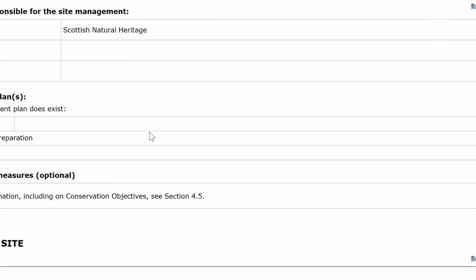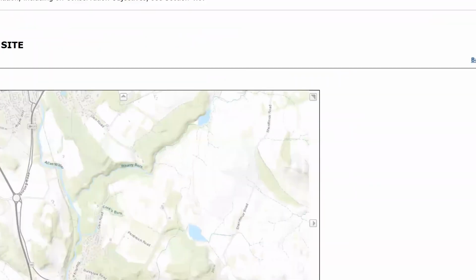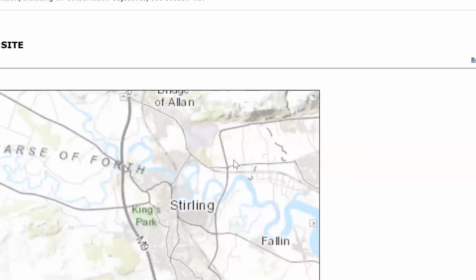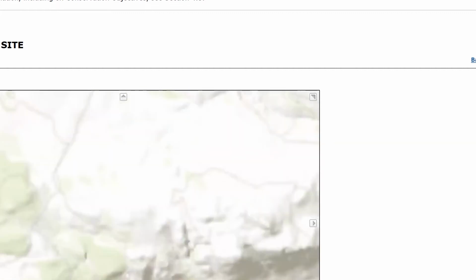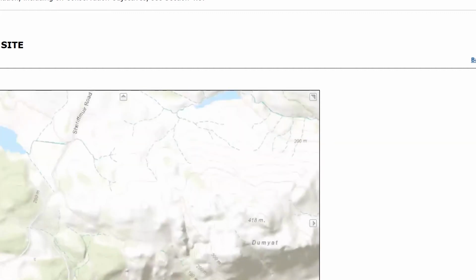And there's a map of the site. I need to zoom in like that. I've chosen this site because right on here, where this road crosses, is where I live. So this is actually the Natura 2000 site on my doorstep, exactly where I live. So I'm going to come out of sharing screen because it's quite heavy on the bandwidth.